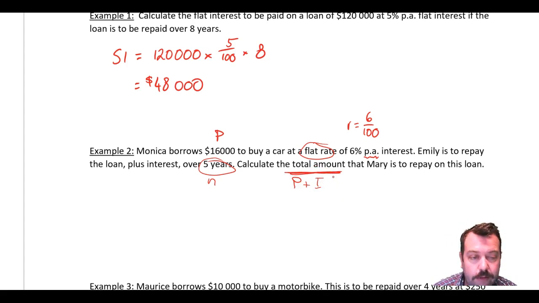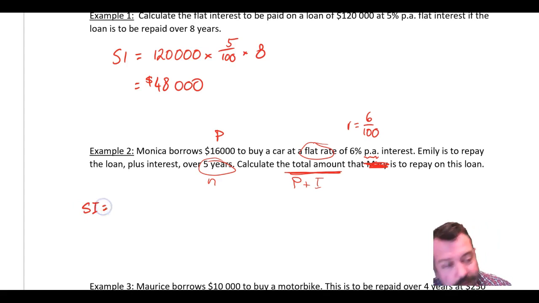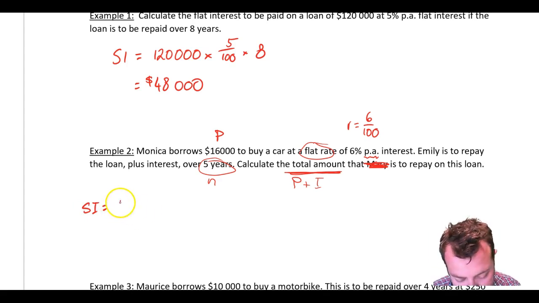So some important things to watch out there. I've swapped names somewhere along the line. That's not Mary, that should be Monica. Okay, so flat rate of interest tells us it's this simple PRN. So our interest, SI for simple interest, is 16,000